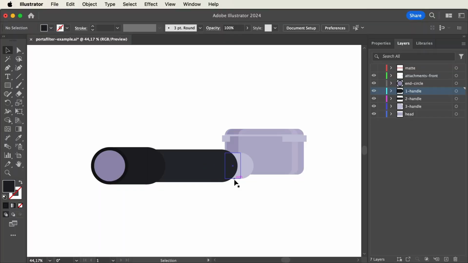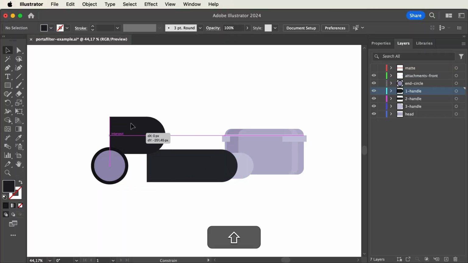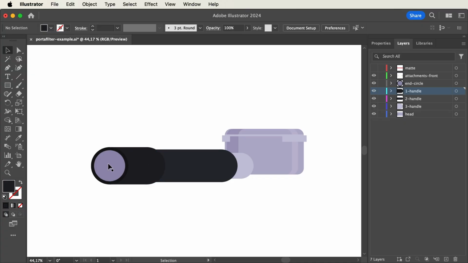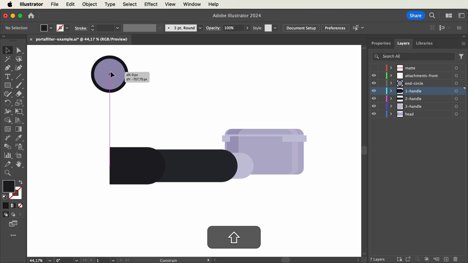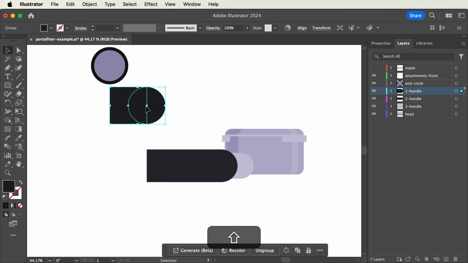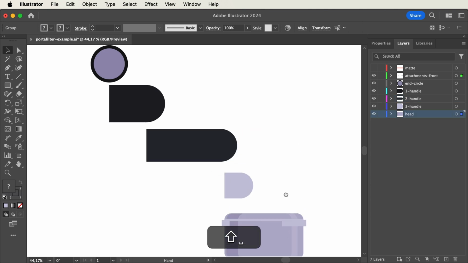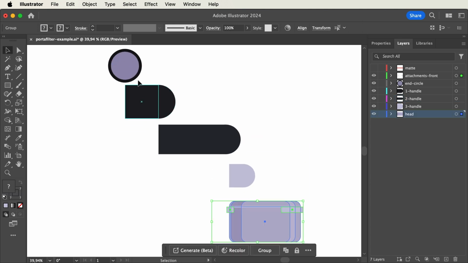As you can see here, it basically consists of a bunch of rectangles connected to circles. And this is because we're working with a cylinder, so whenever this rotates, we're taking the circles and basically changing their scale and position. So if we break this apart, you can see that we have the end circle here, then the next part, ending up with the basket all the way here at the bottom. So creating the design in this way means that it's much easier to manipulate in terms of animation.